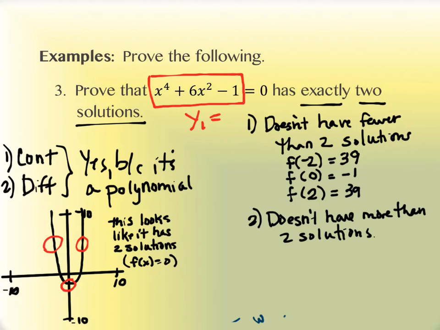39. Okay, so the fact that you have a positive value and then a negative value, and then a negative value and then a positive value means it crosses the x-axis. So by the intermediate value theorem, IVT,